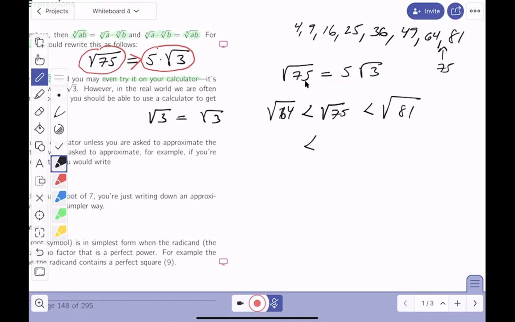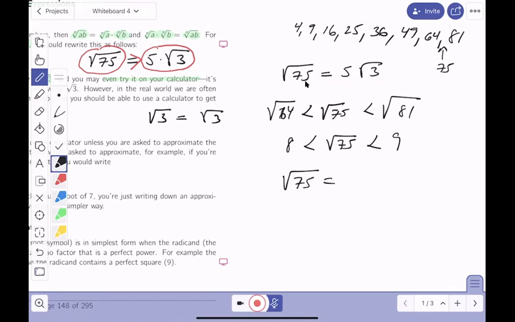So I'm going to say, in my little mind here, that this number, whatever it is, square root of 75, has got to be between 8 and 9. All right, let's talk about forcing a calculator to do the computation. Again, if you go to calculator and you put root 75 down, it's going to spit back,